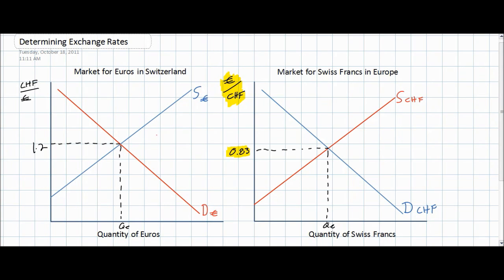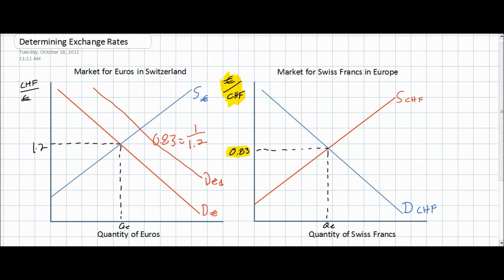In other words, 0.83 equals 1 over 1.2. This is clearly logical. If 1 euro costs 1 franc and 20 cents, then 1 franc costs 1 over 1.2, which is 83 cents. Anything that causes an increase in the demand for euros in Switzerland